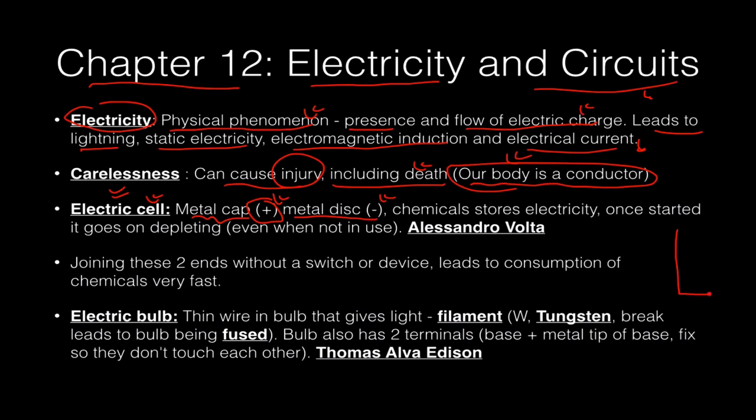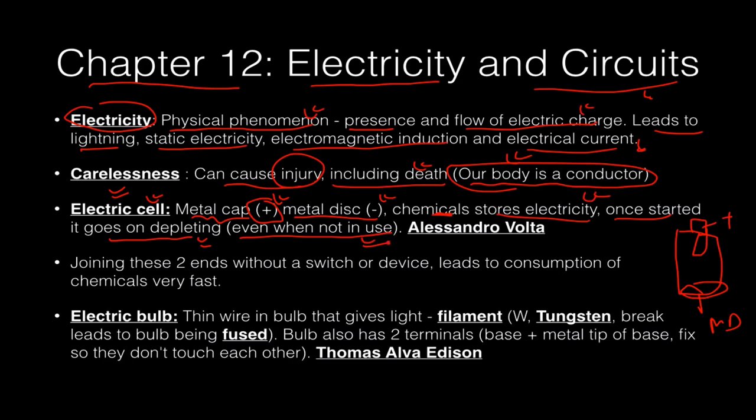So you must have seen Nippo cells, बहुत देखे होंगे, Govinda used to do the ad. This is called the positive terminal metal cap. This is called the negative terminal metal disc. Usually a complicated structure, बीच में एक rod होती है, cathode anode. Let's leave it. Now chemicals are there which store electricity, and once started it goes on depleting forever and ever